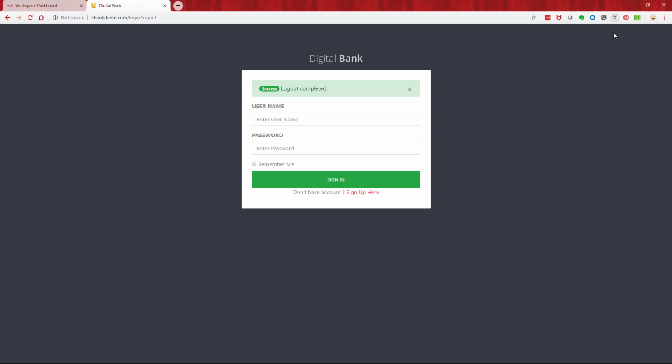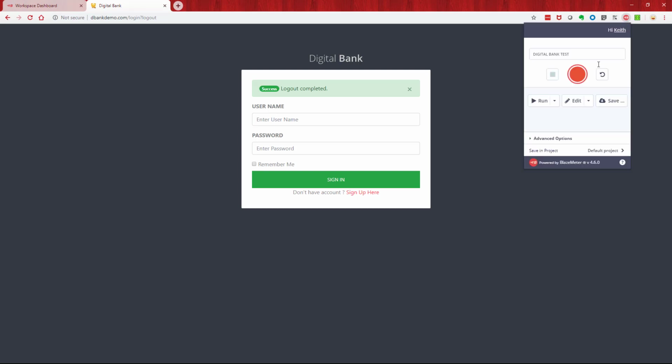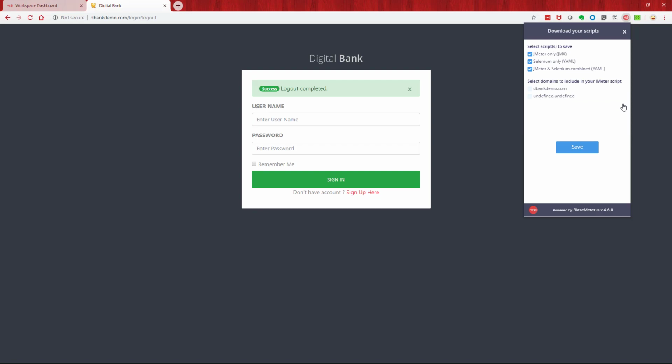If I go back to my plugin, what we also have, as well as that test I just showed you, at the same time, we've also recorded a performance test using JMeter, an API test using JMeter, and also an end user test, which is JMeter and Selenium. So we could just click on these and automatically that will run those tests on our platform. But what I want to do is to save them and then show you how we can manually load those into the platform. So all I've done is gone to the save and I've saved these files. So if I go back to BlazeMeter,